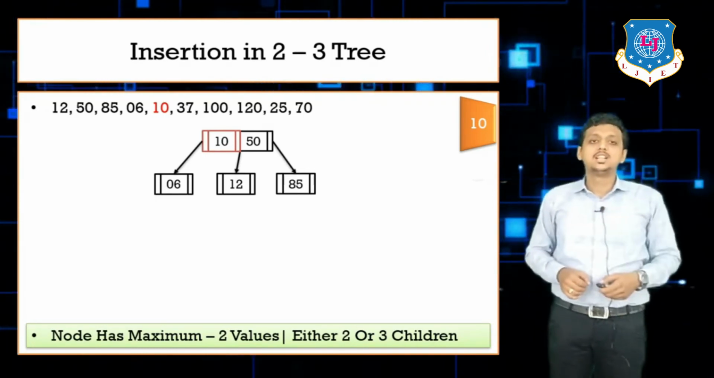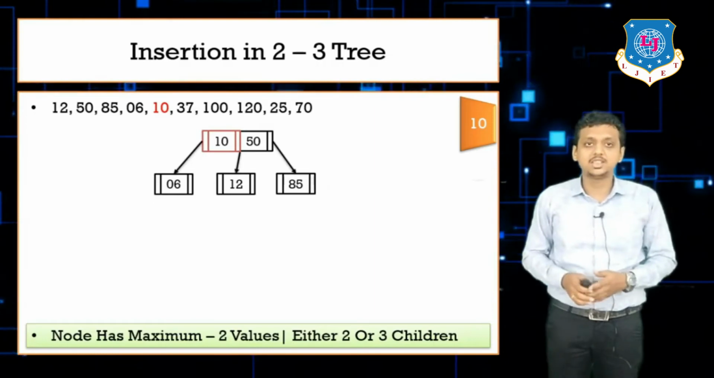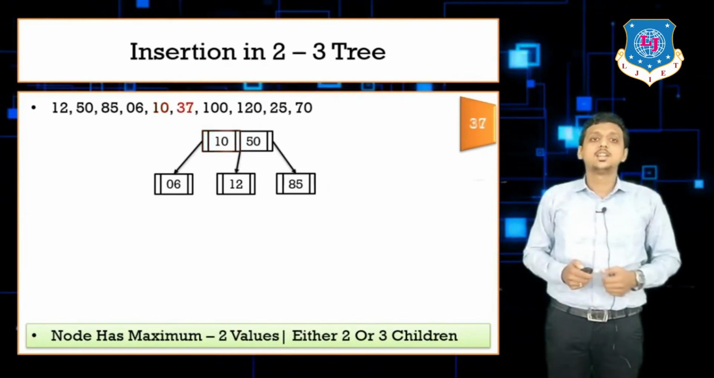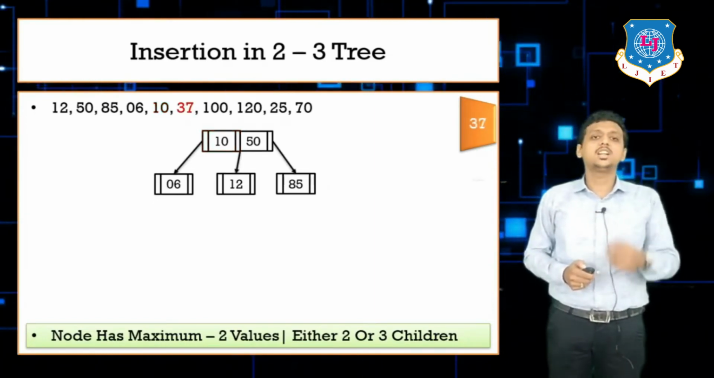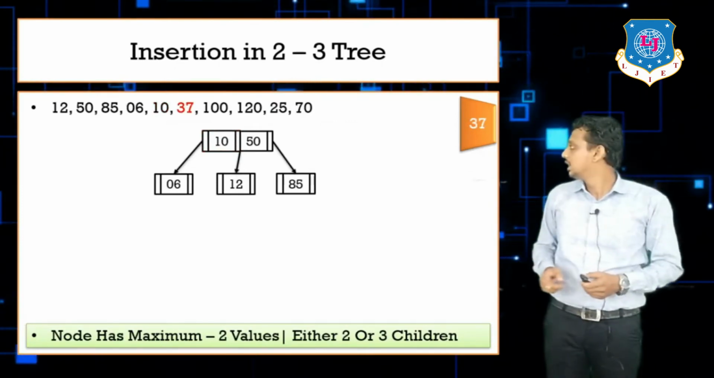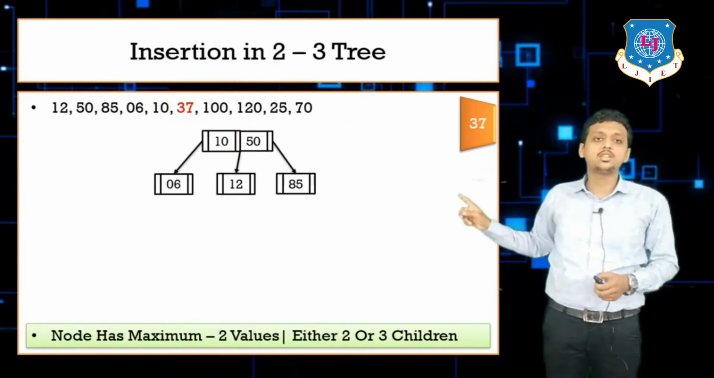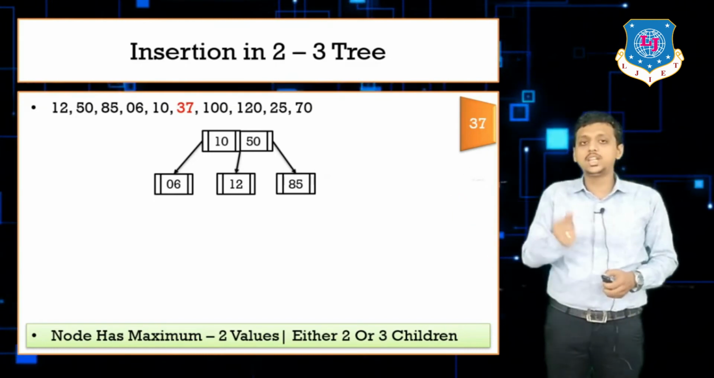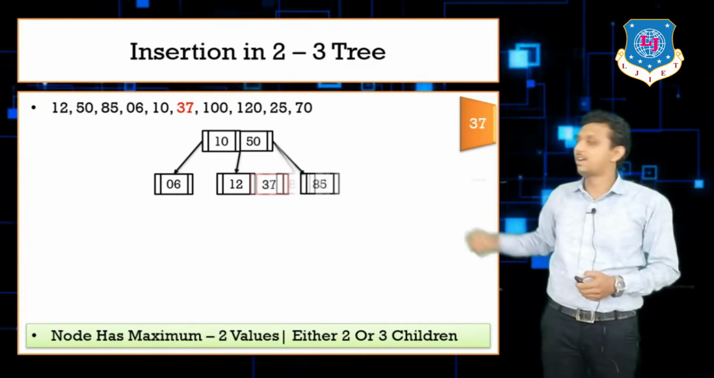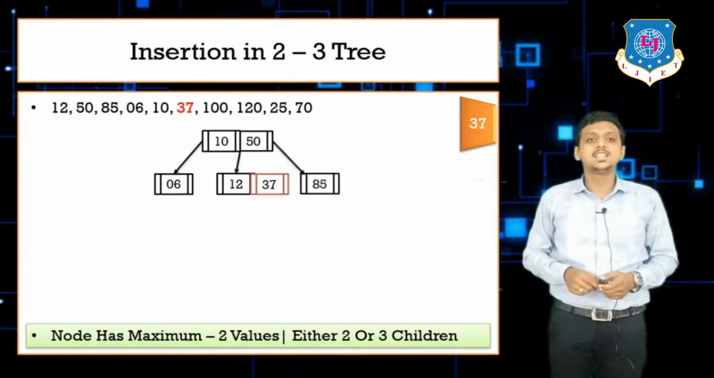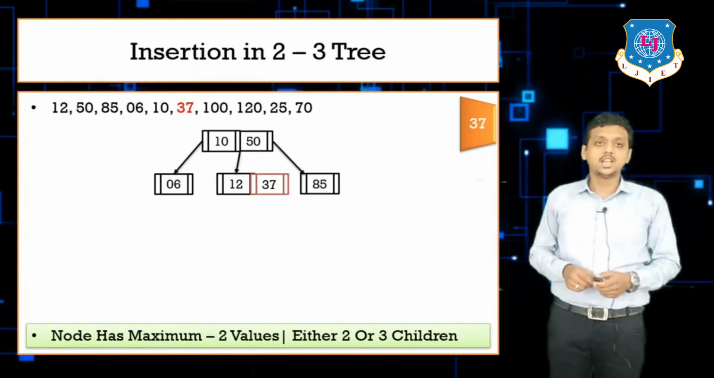Now let's start with the 37. So here it is. 37 is less than 50, so it can be easily inserted on the right with the 12 node. So it goes like this: 12 and 37. Now next I have